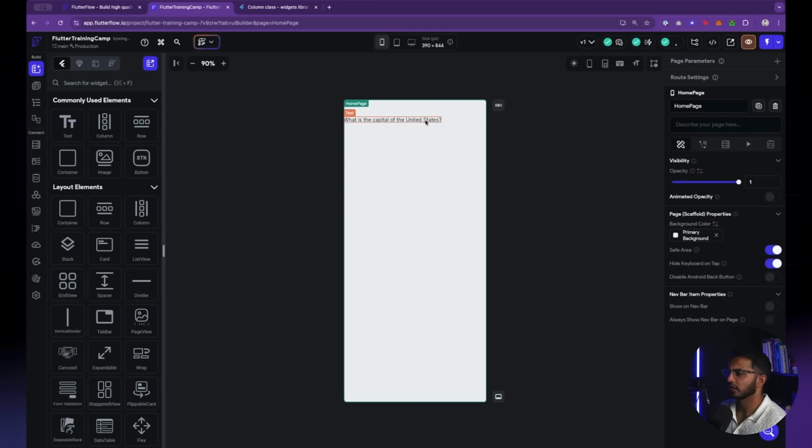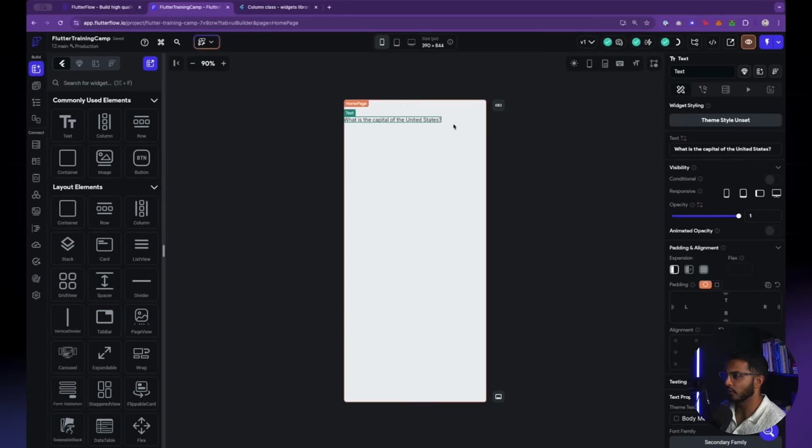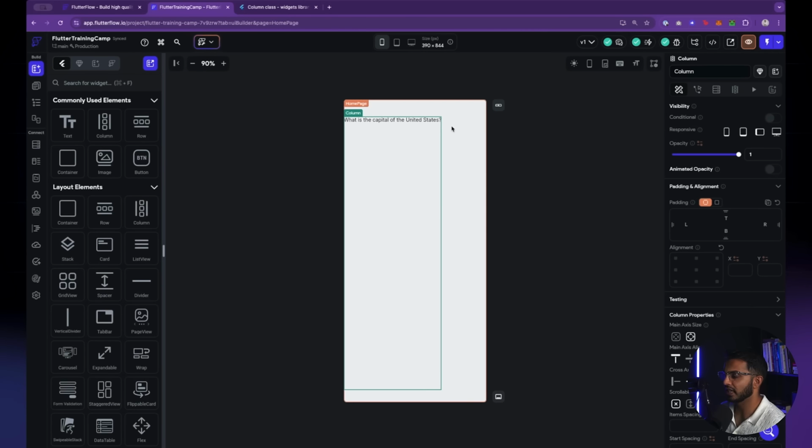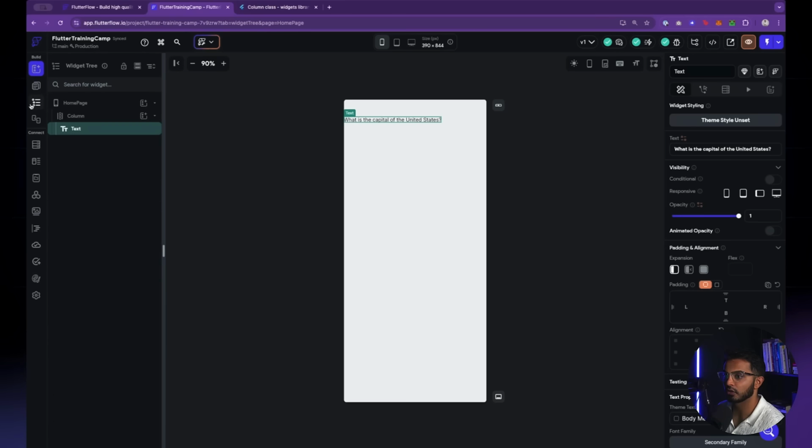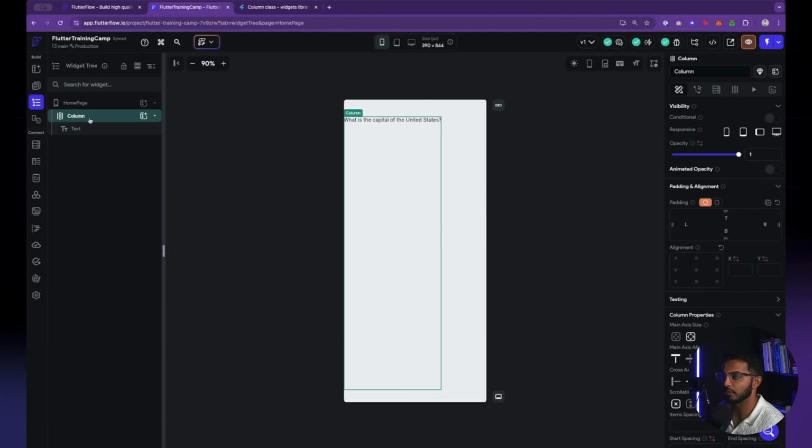Okay. I don't really like the way that it's positioned, so I want to move it to the middle. The first step to do that is to identify what the parent object is, or what is the parent element of this piece of text. So we'll go to my widget tree, and I'll see that my parent is column. And column has properties on the right-hand side that we can use. One of the properties that I'm interested in is the alignment property. So we can use this alignment property right here on the right side to align the column within its parent.